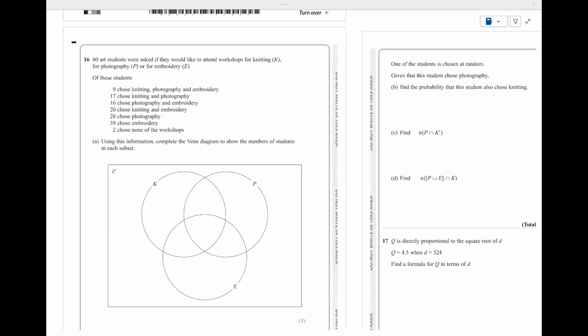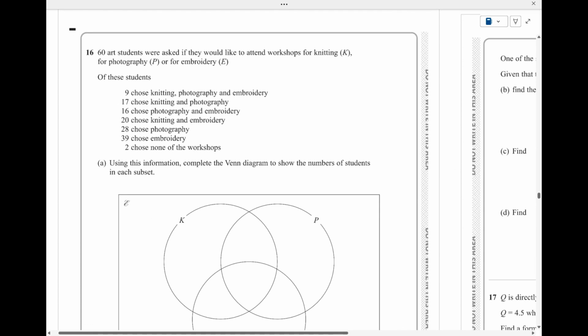Question 16. Aha, Venn diagrams question. Let's have a look. 60 art students were asked if they'd like to attend workshops for knitting, photography, or embroidery. I'm guessing some of them will want to attend no workshops, some of them just one of the workshops, some of them two, and some of them perhaps all three of the workshops. Let's have a look. Of these students, 9